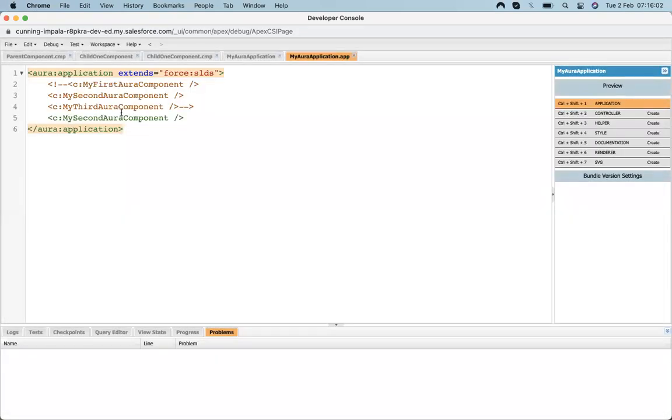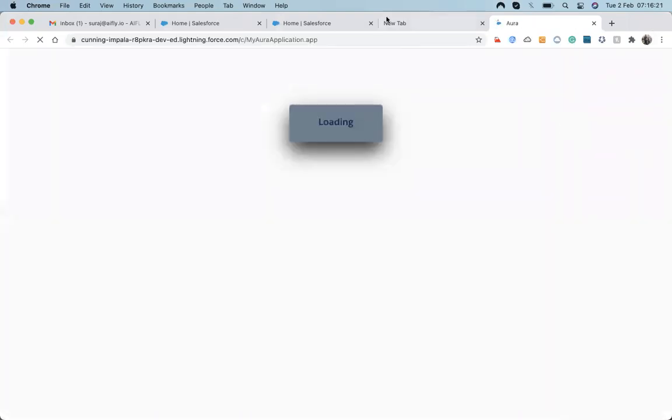In that application, let's bind our component. Okay, it's saying hello from parent component.